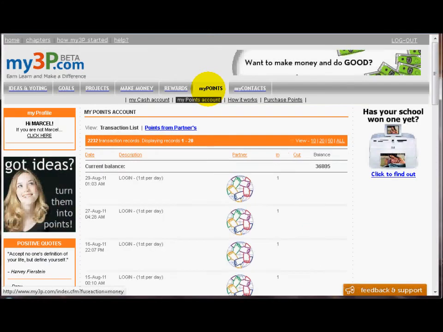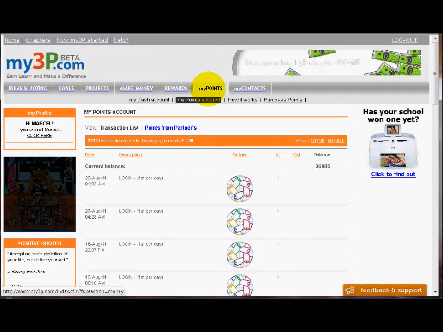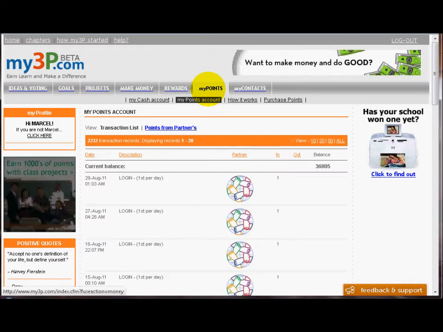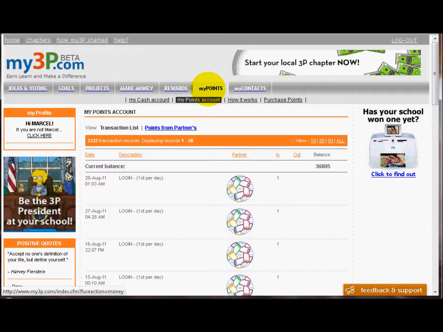The My Points section right now is where they can go to look at how they've earned their points and what they've spent their points on, and that's it. But the next version of this needs to go to more of a PayPal type version, where they can pay each other with their points, so they can transfer points between each user. In order for that to happen, we need better security around that. But it's an online banking system, right? So they can transfer points amongst each other.